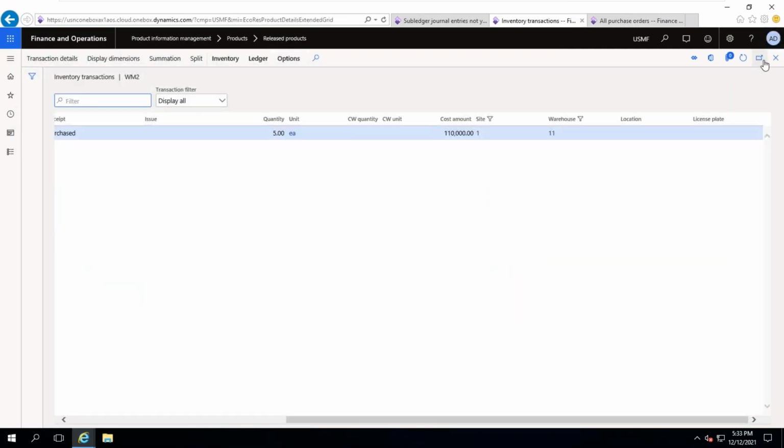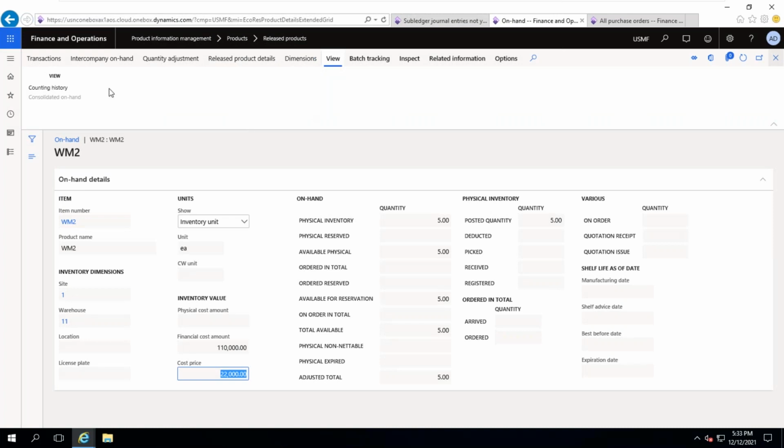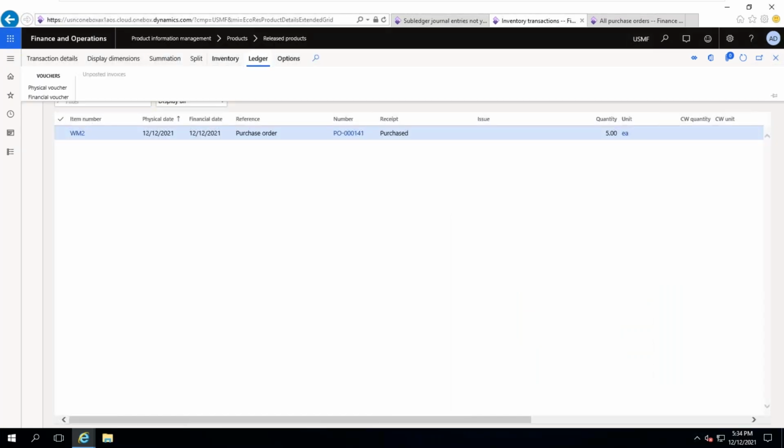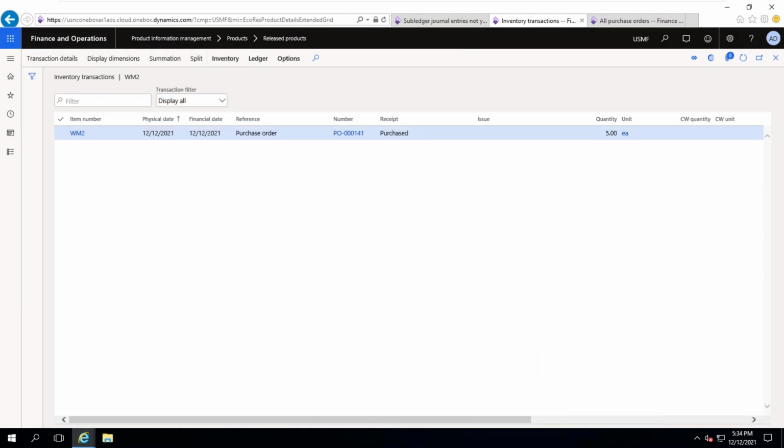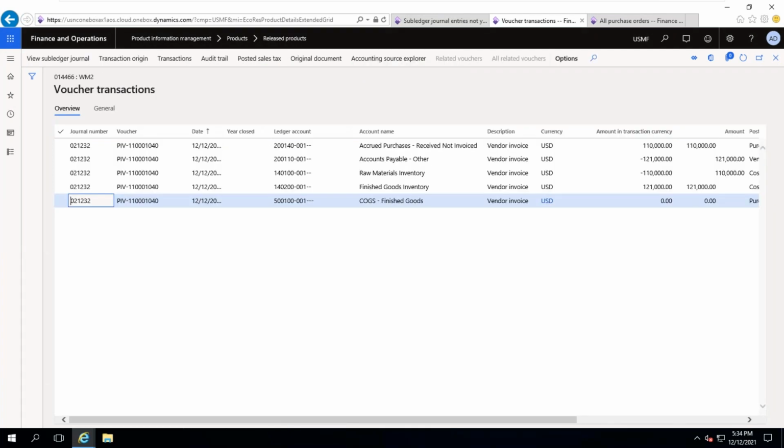Now if you go to this, sorry, transactions only, inside voucher I want to show you. Ledger, physical voucher, financial voucher, both you can see. The physical voucher at the time is 10,000 only. It is 20,000 is the purchase price. So from here you can see